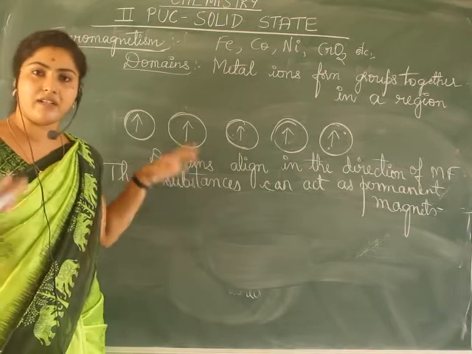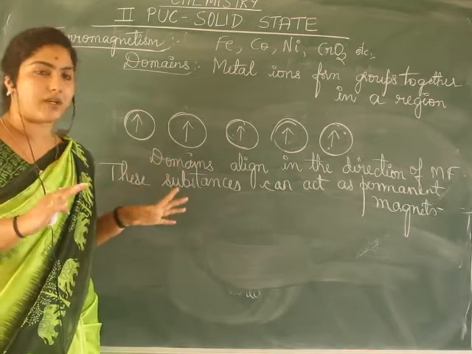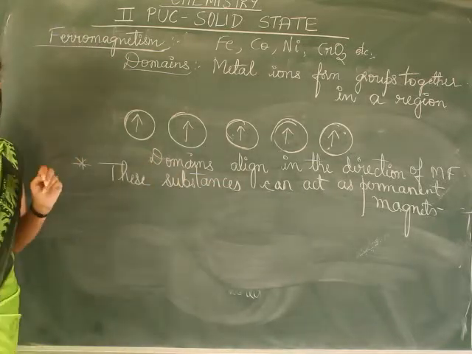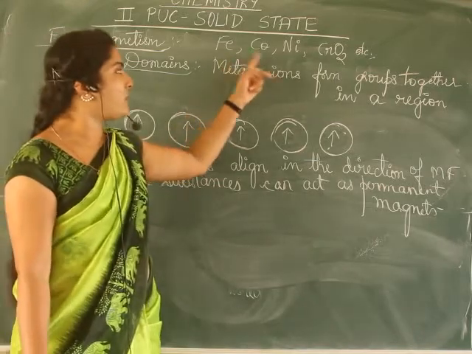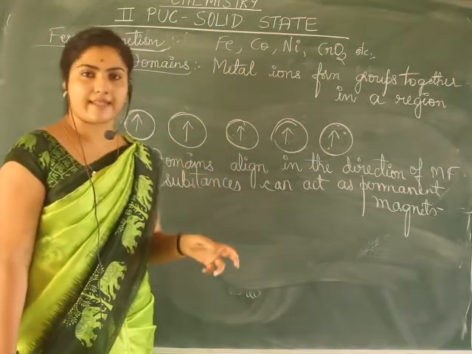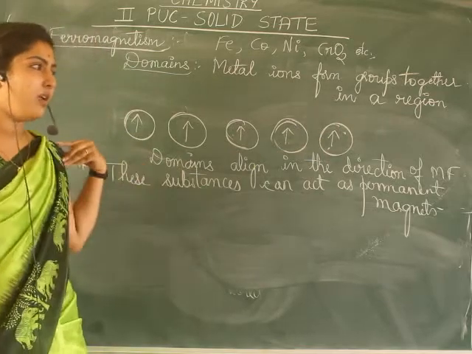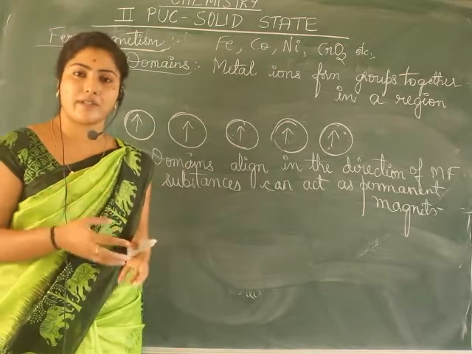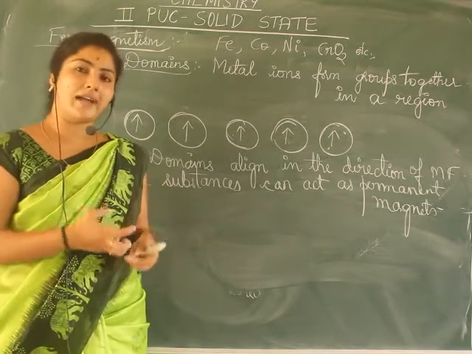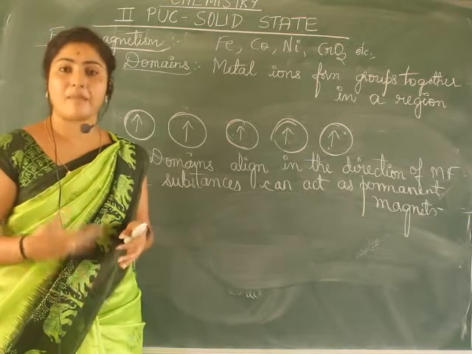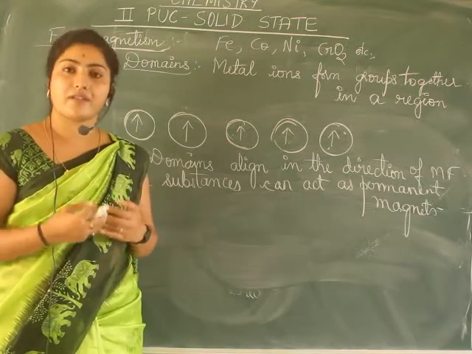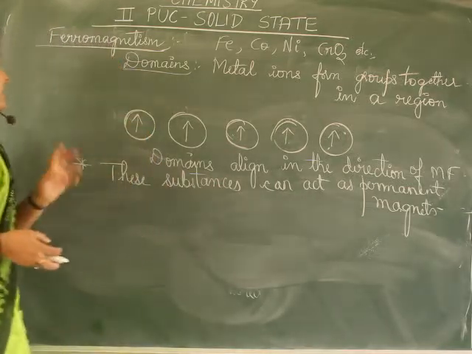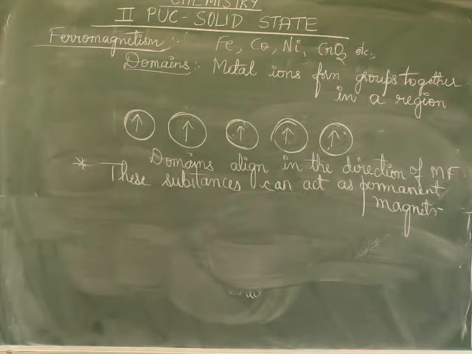The magnetic field, or magnetism, will remain in it, and hence it is also called a permanent magnet. So this is about ferromagnetism. Example: iron, cobalt, nickel, chromium, etc. You might have seen that if you keep a piece of iron continuously in the presence of a magnetic field for a long time and remove it after some time, it can start behaving like a magnet, because it can have permanent magnetism in it. That is an example. So you should remember the examples also.